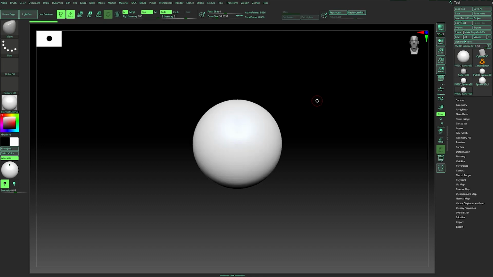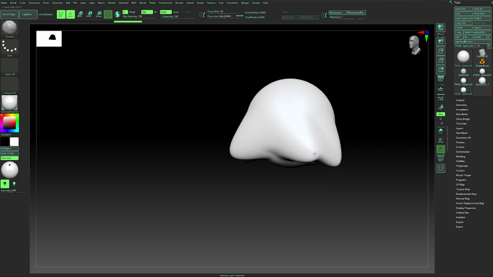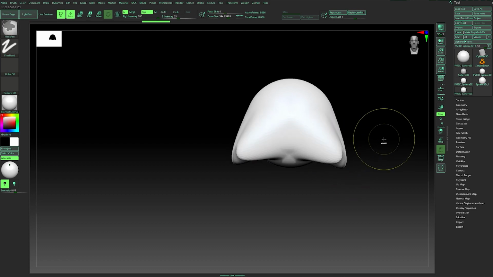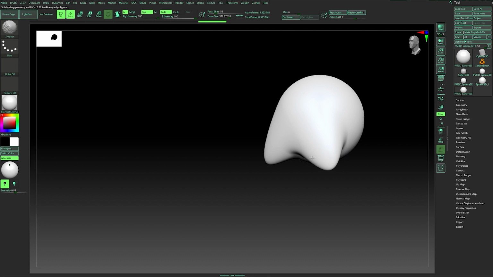To demonstrate what I'm talking about, if I select the move tool and try to move a part of this model, as you can see with the low polygon, it's easy to move things around and it's easy to smooth them. But if I go up subdivisions, as you can see, it's much harder to move things. And when I smooth, you can see nothing changed. Some of you said that we can go down in the subdivisions, smooth, and go up. Yes, that's true, but we'll lose the details if we go back up to the upper subdivisions.